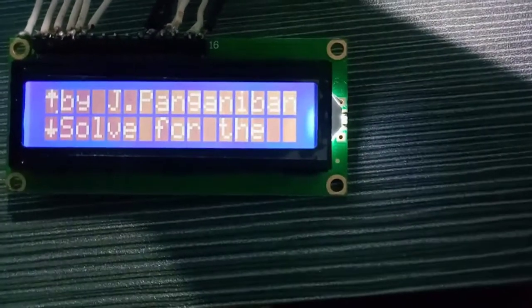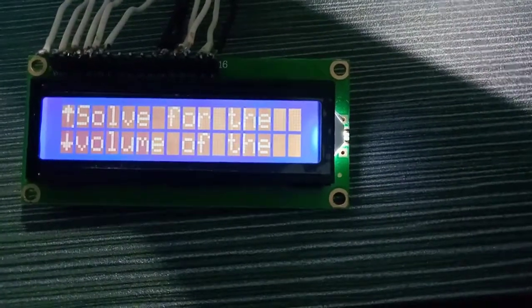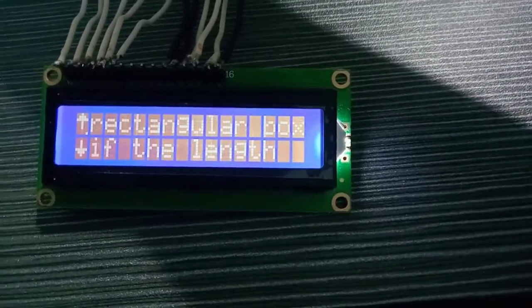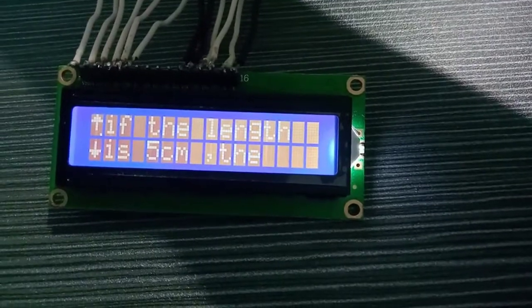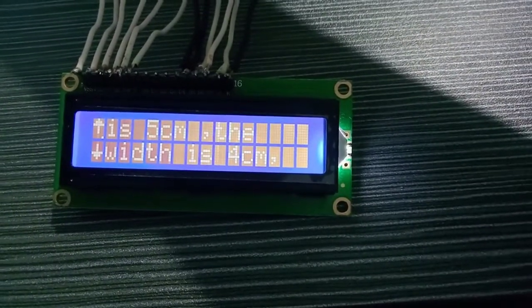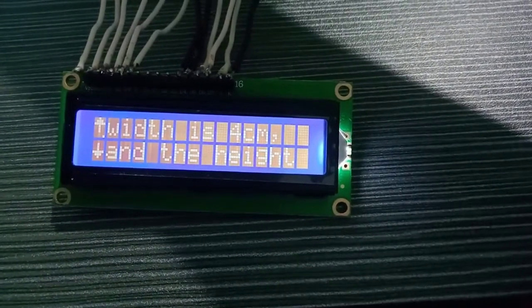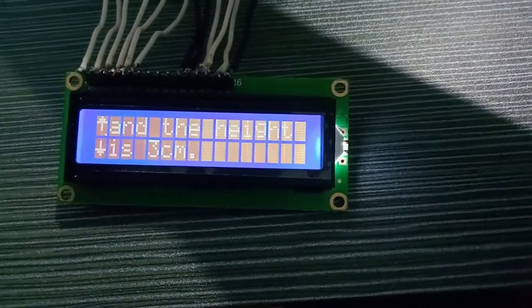So let's click it here. So you will program. So solve for the volume of the rectangular box. So if the length is 5 centimeters, the width is 4 centimeters, and the height is 3 centimeters. So solution,